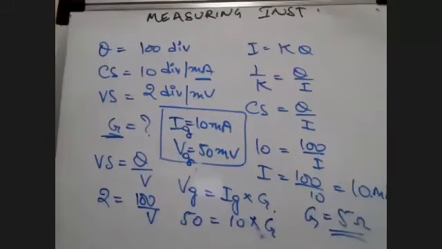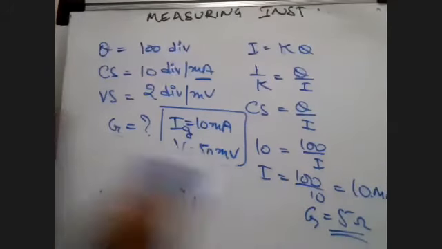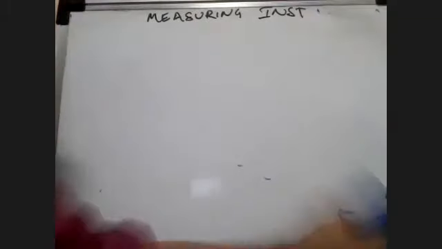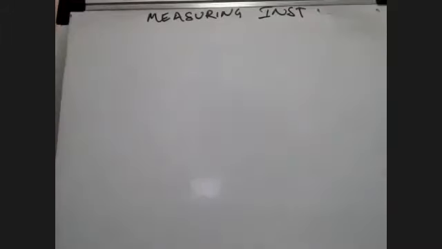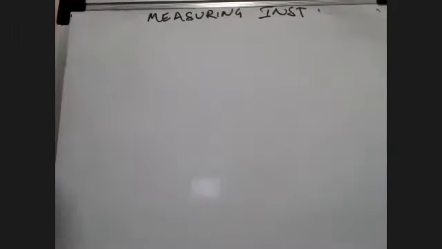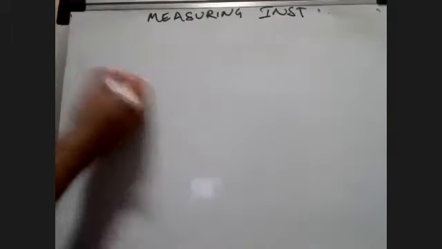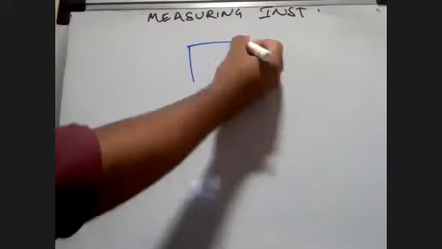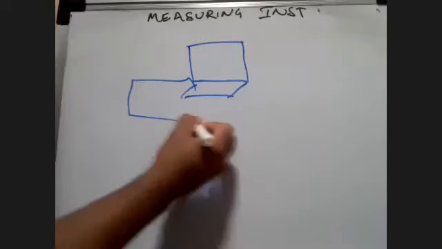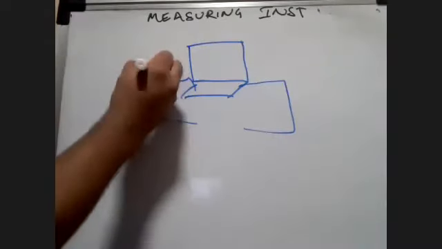Okay, let's go to another concept now. Since we have understood what galvanometer is, let's go to another concept where we understand how the galvanometer is being used. Till now, we understood the application of galvanometer. See, the problem with the galvanometer is it's very sensitive. And since it is very sensitive, if I have to pass a major amount of current through it, I cannot pass. Sometimes we make mistakes in the lab. So what we'll do, we'll basically somehow try to put some circuit in it through which there's a maximum current passing through it.